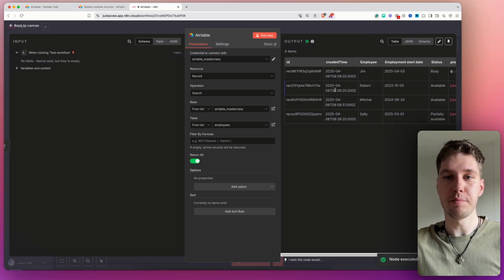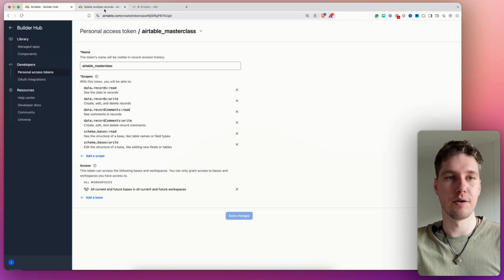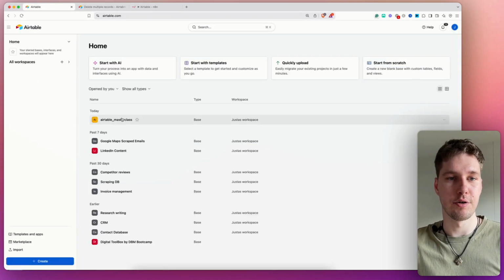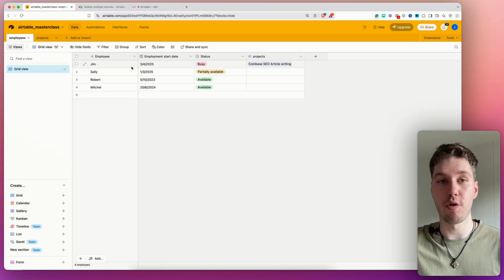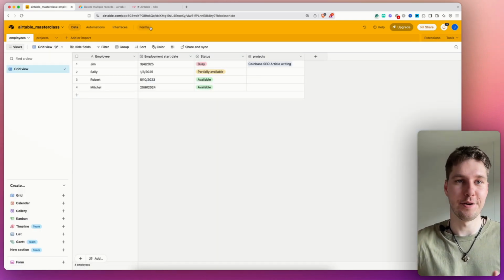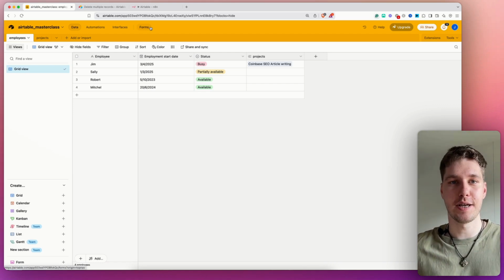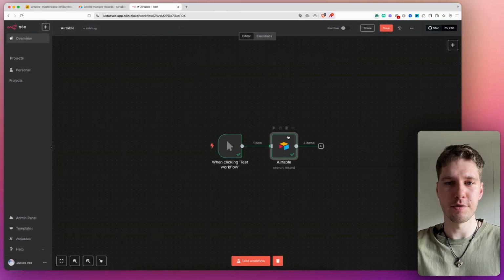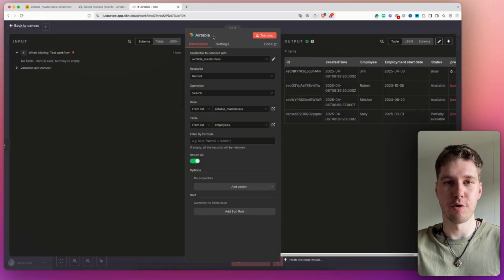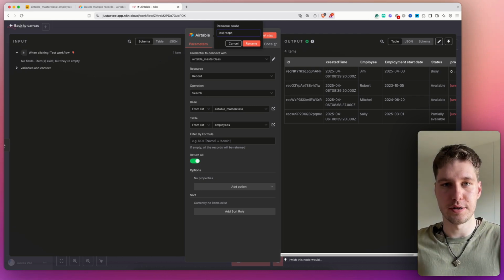So let's look at it in a table view. I got the employee Jim, Robert, Mitchell, and Sally. If I go into my Airtable, so let's just exit this out. Let's go into the Airtable master class and employees. These are all of the employees. So great, we already know how to list out all of the records from the Airtable, even though there is no such node available. So now, just to make this a bit more organized, I'm gonna rename this as list records,